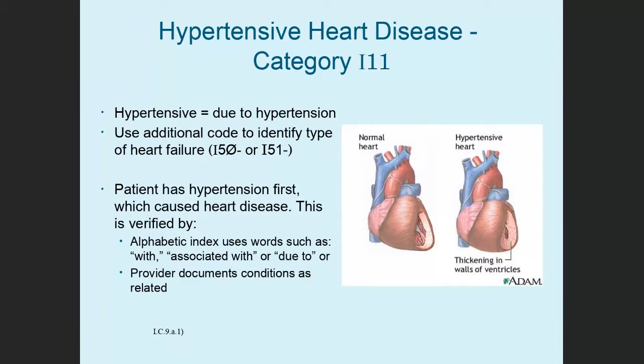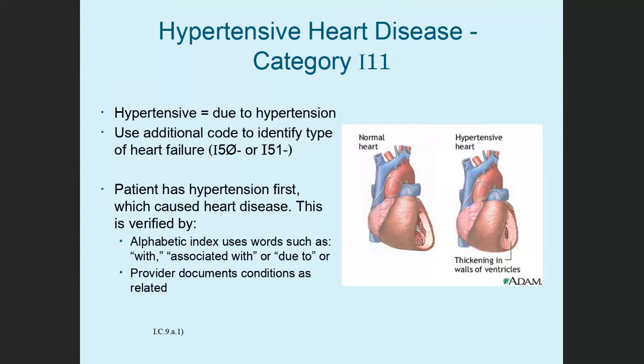Or the provider may just say these are related. You're going to use an additional code to identify the type of heart failure if it is documented. Not all cases of hypertensive heart disease will include heart failure, but if it does,